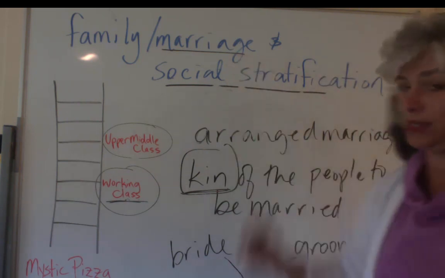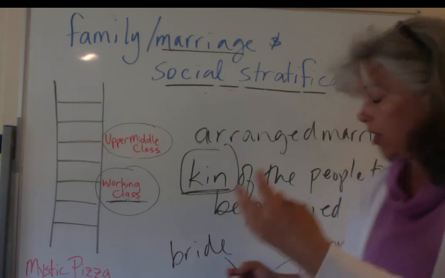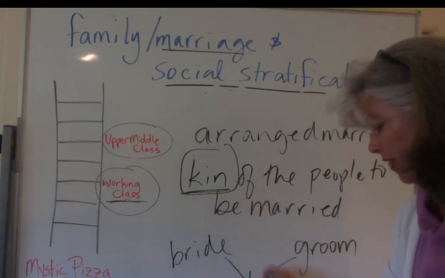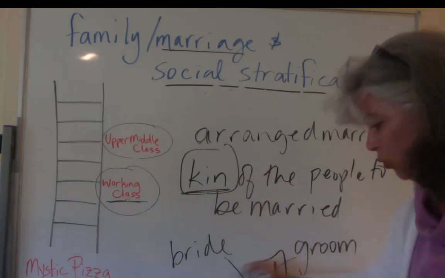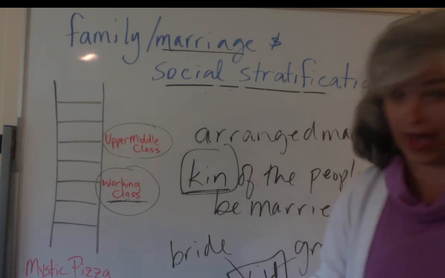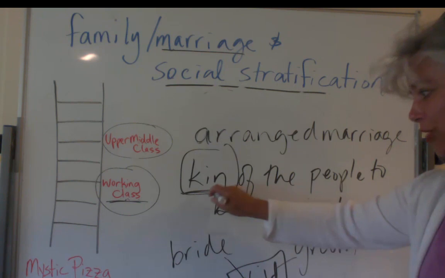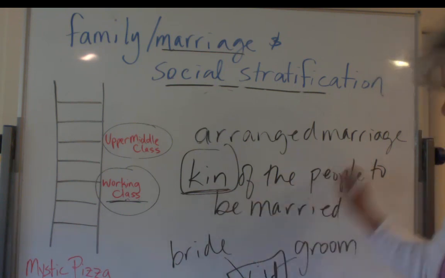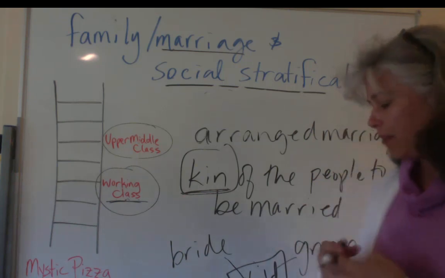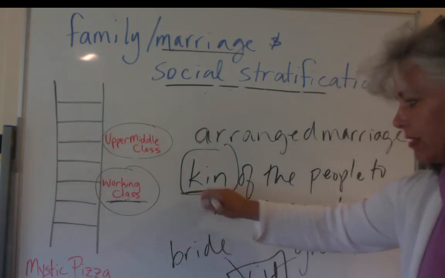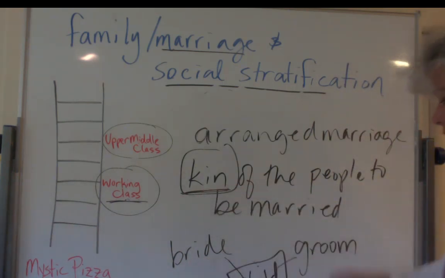And marriage is the assumption you have a sexual relationship. And so the assumption is you're going to have at least one child, most often more than that. And therefore, that child is going to belong not only to the kinship of the bride, but also the kinship of the groom. And therefore, it solidifies that marriage, the wealth of this kinship group and the wealth of this kinship group is united, and it gives that child the advantage of that.